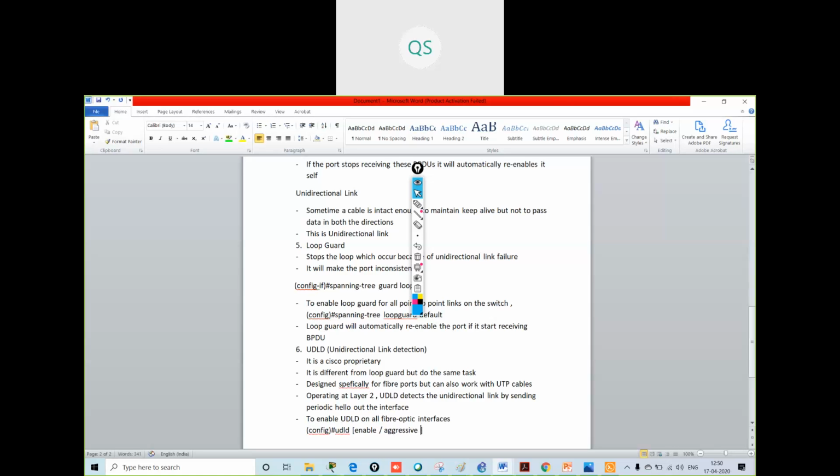You will have two options, either enable or aggressive.